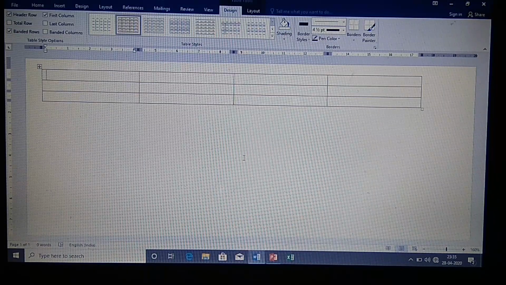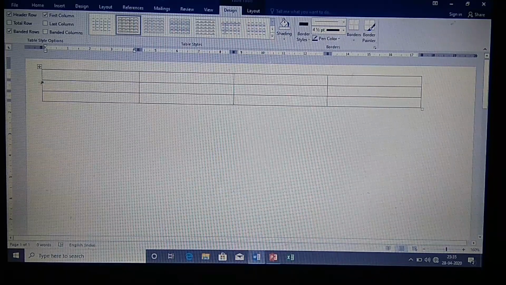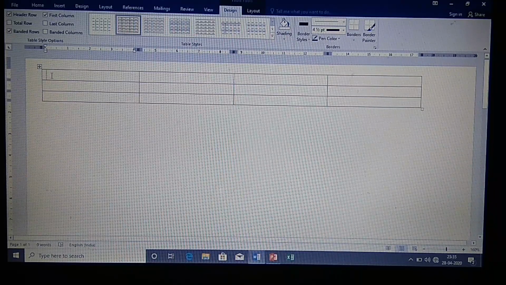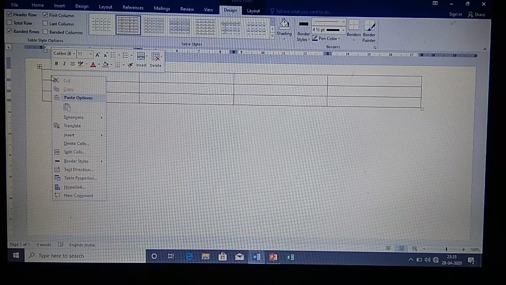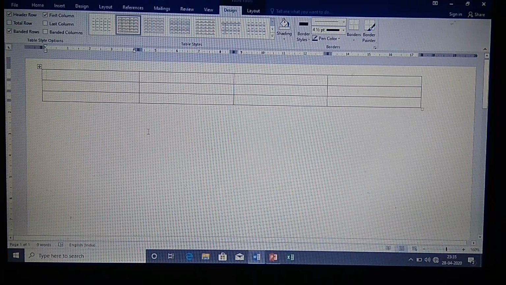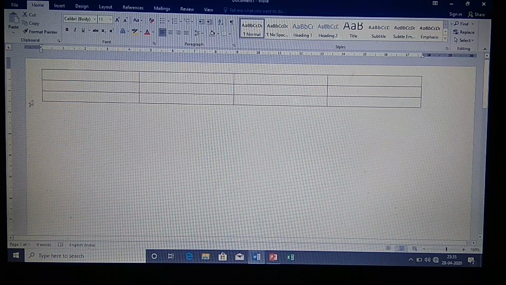Now after inserting a table, if you require one more row to be added, what you need to do is right click on any cell. If you want to insert a row, you have to go to the left side of the edge of a row. It will turn your mouse pointer in the reverse direction, pointing to the right. Usually the mouse pointer is pointing towards the left side.